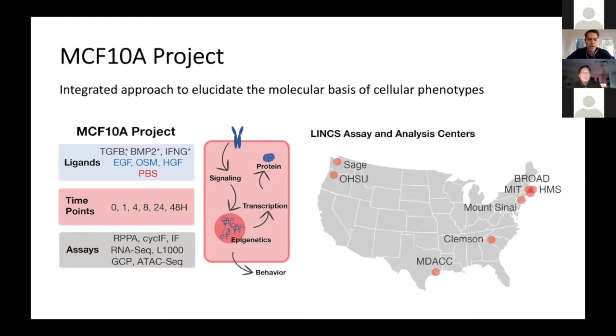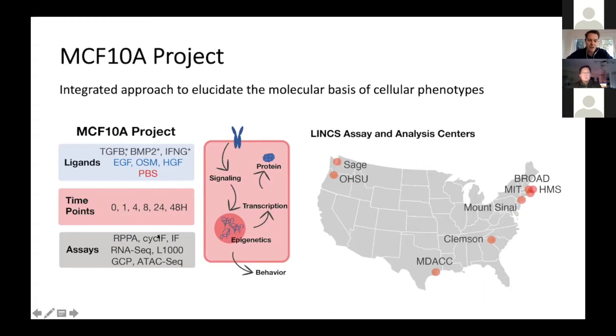As part of the project, we used 7 different conditions. The ligands TGF-beta, BMP2, interferon gamma. We also used EGF, oncostatin M, and HGF along with a PBS control. We collected assays at different time points. Not all assays were collected at these time points, but we collected data at 0, 1, 4, 8, 24, and 48 hours. And we collected a series of different assays, including RPPA to identify changes in protein content and phosphorylation,